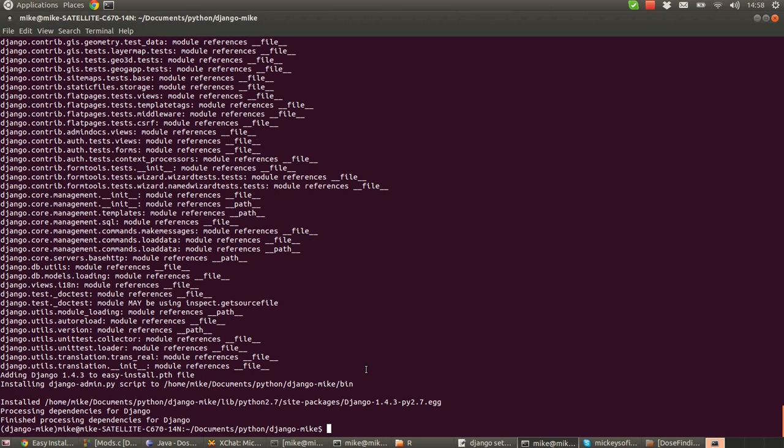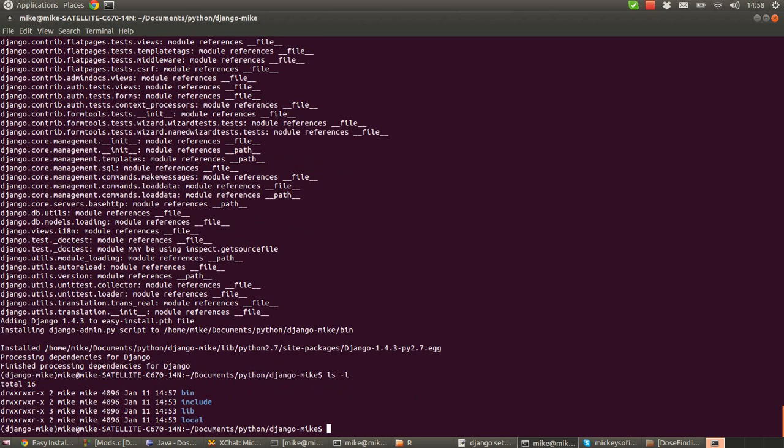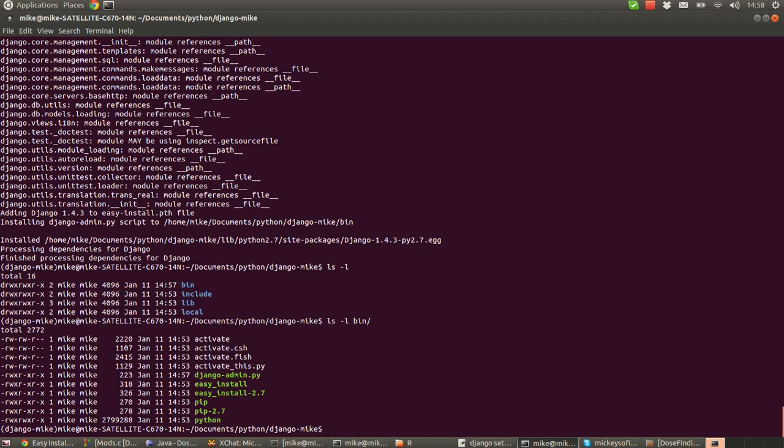Now, if we look in this folder again, we've got bin. In the bin folder, we have our activate script, which is what we use to activate the virtual environment. We have our easy install script and pip and our Python executable. But we also have this new one called Django-admin, and that's the main script that we use to install